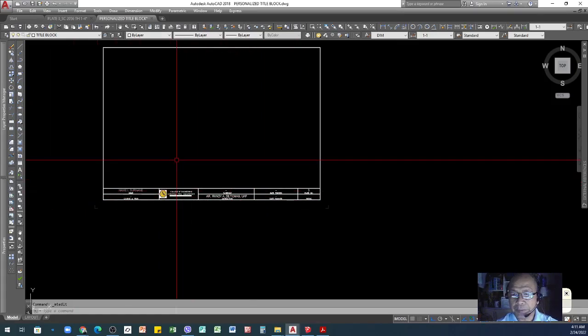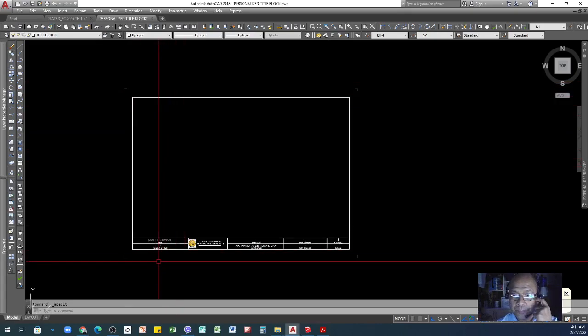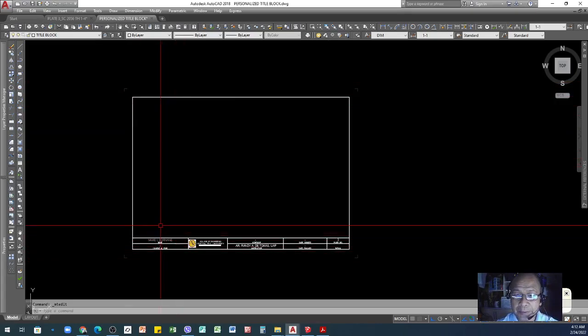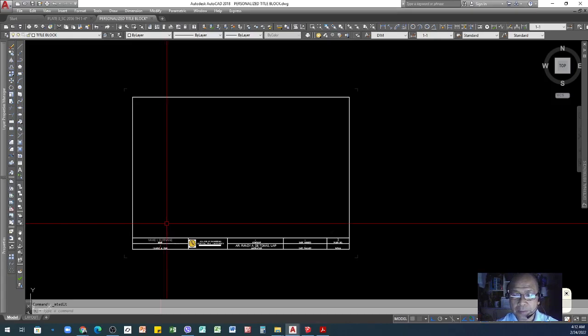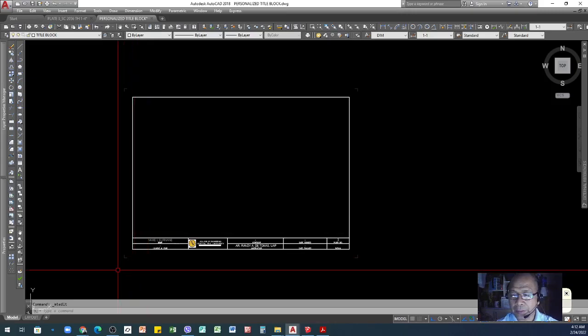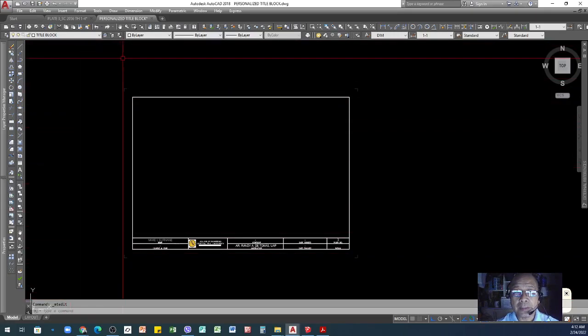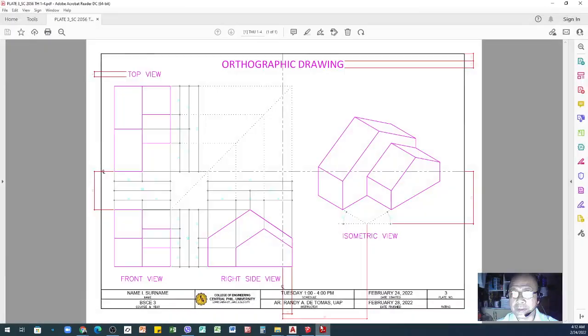For your plate number 3, I will not be demonstrating the step-by-step method to complete your drawing, but instead I will just add the command that you will be needing for this, since it is obvious that you can do the rest of the drawing based on the commands that I've demonstrated to you previously. So technically the content of your plate number 3 is like this.